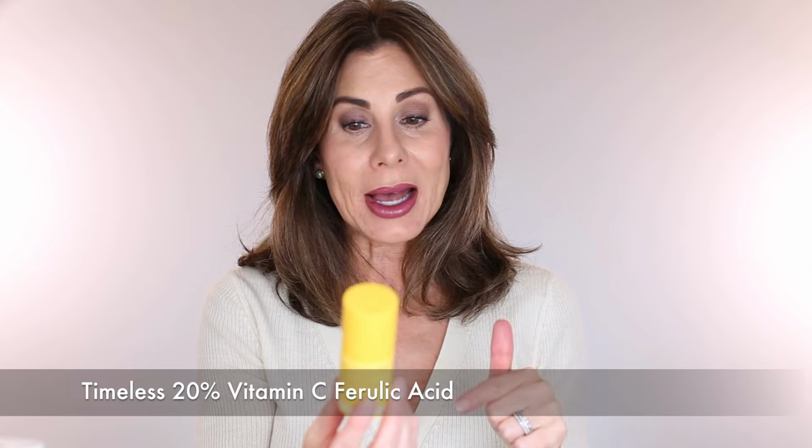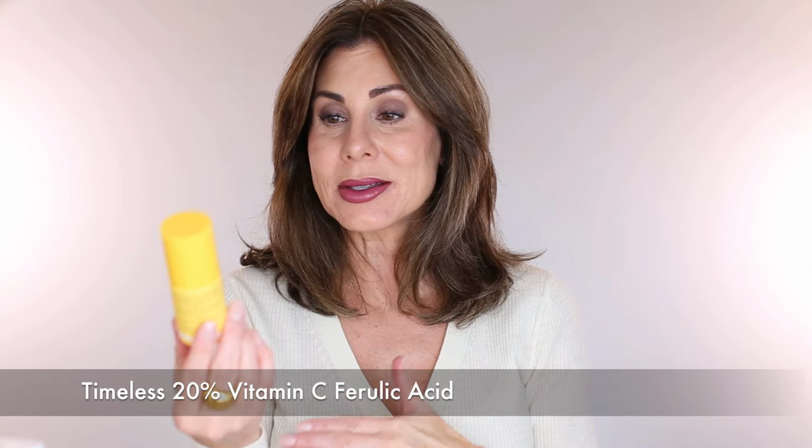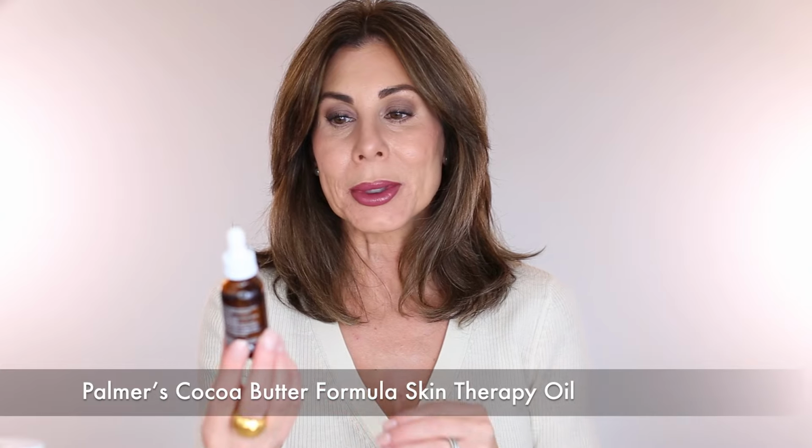So it's got 2 products that I love of active ingredients. I apply this first on my face. I let it set for about 10 to 15 minutes, and then I move on to my 20% vitamin C ferulic acid. There's also vitamin E in this, and this is the Timeless skincare. I let this absorb, and then I go into my prescription retinoid, my 0.1% tazarotene. And then I wait about 20-30 minutes, and I move on to this Palmer's Cocoa Butter Formula Skin Therapy